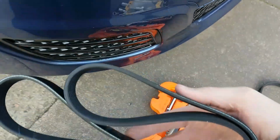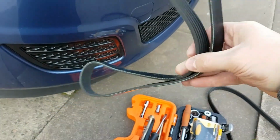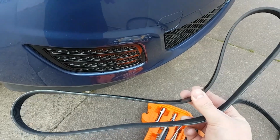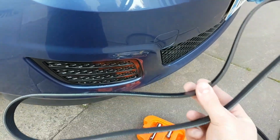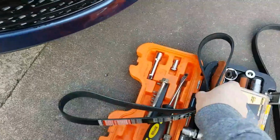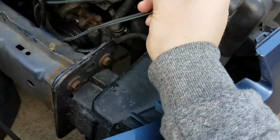So something to take note of is when they're packaged, they come shaped like this, and when you let go of them, they're shaped like this. Now that's the way it's going to be sat inside the car, and the route it takes round the auxiliaries. So ideally keep it like this. It's a lot easier than forcing it in a different way, because that's the way it's going to be shaped roughly anyway. So when you slide it in, just keep it like this, put it in,